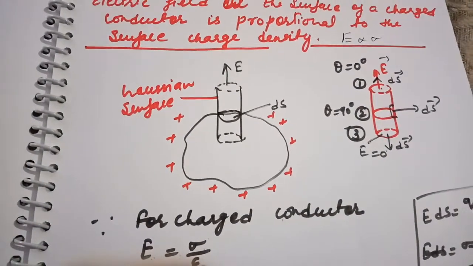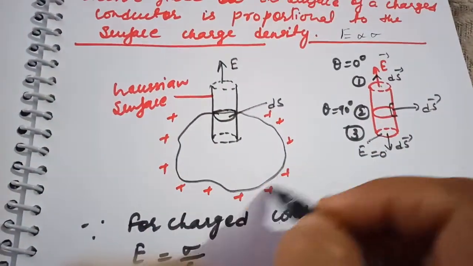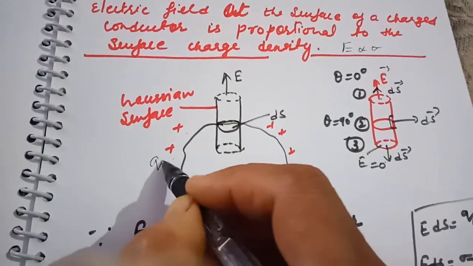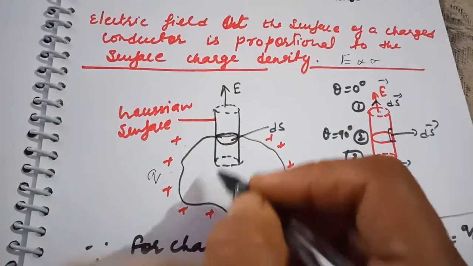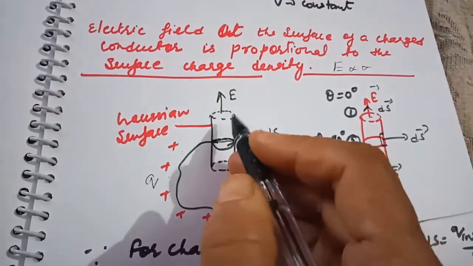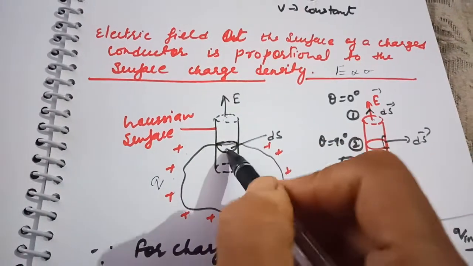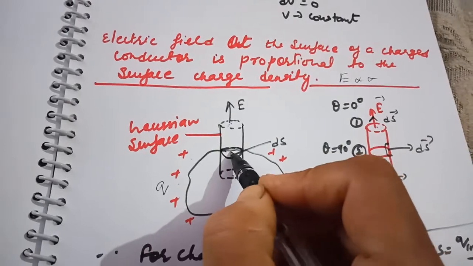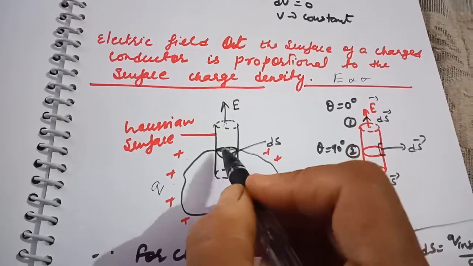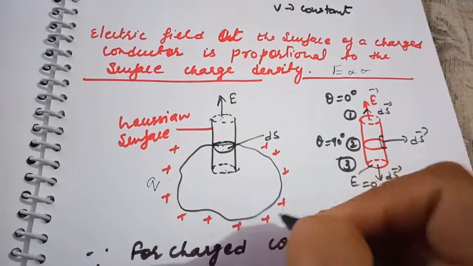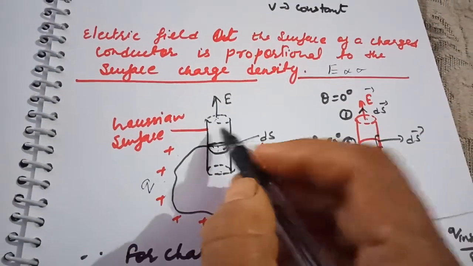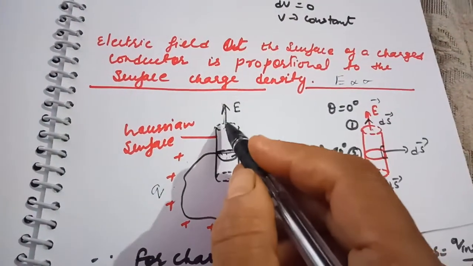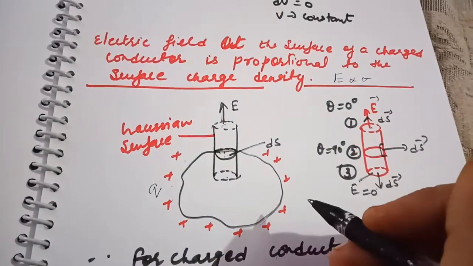So what we are going to take: we have taken any arbitrary surface and the charge Q is spread on the arbitrary surface. Clear? We have taken the 3 points 1, 2 and 3. This point is just outside the surface, this point is lying on the surface, and this is inside the surface. First of all, this is the direction of the electric field, because we know that for any shape, the direction of the electric field is always perpendicular to the surface.